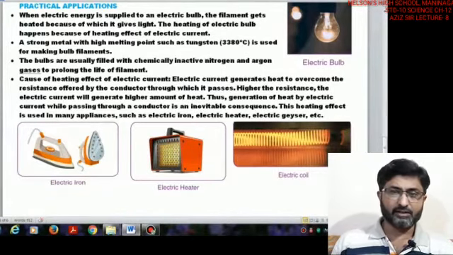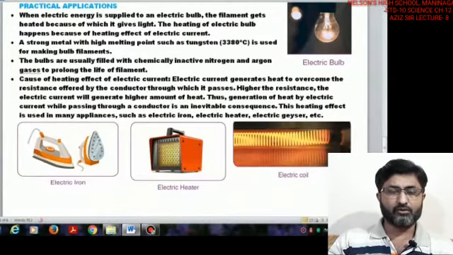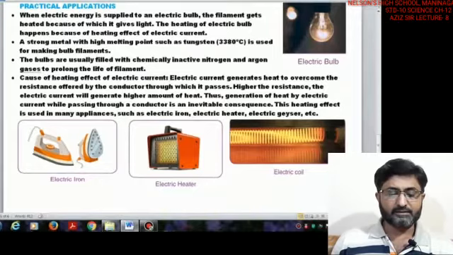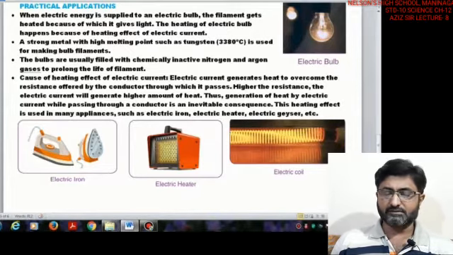So, this is how the bulbs are useful. So, the heating energy concept, that is the heating of a filament, we are using to convert into the form of light energy. The next is the strong metal, the next is the causing effects of different applications, that is